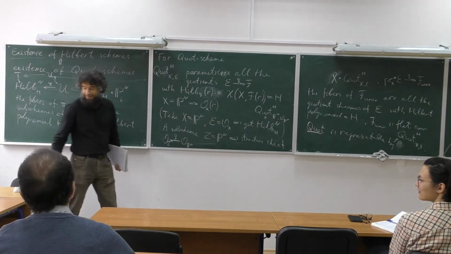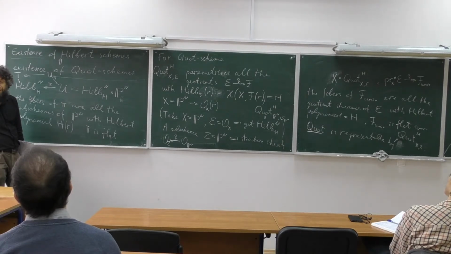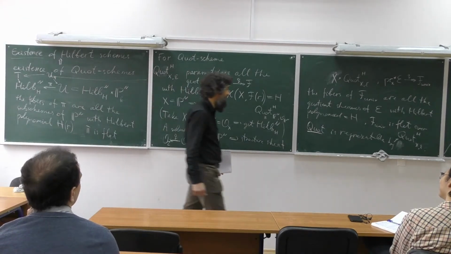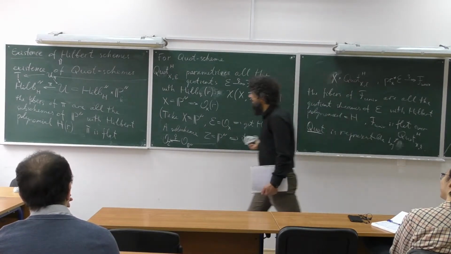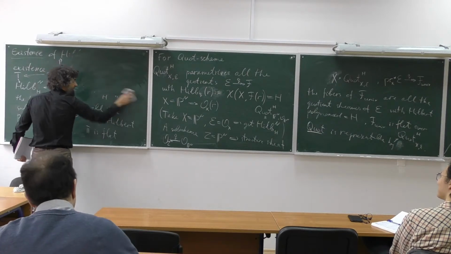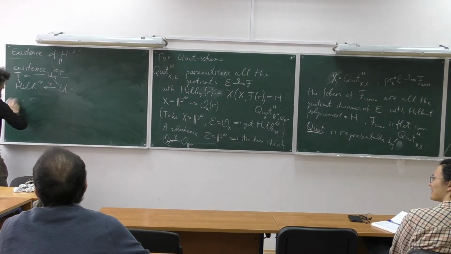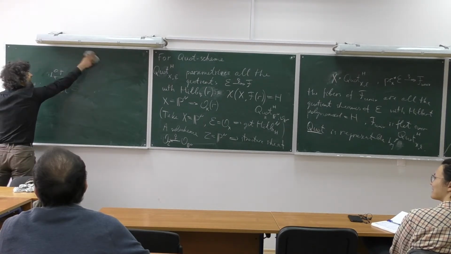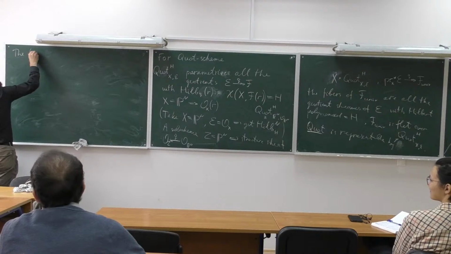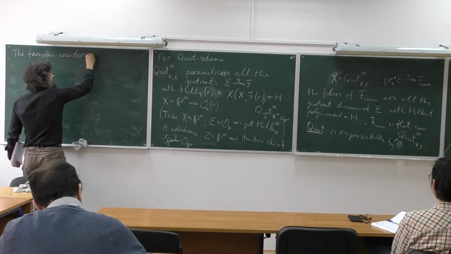Is there some counterexample to the existence of such an object, when the functor is not representable? Well, there is a very well-known example that Daniil knows very well. So the famous counterexample.